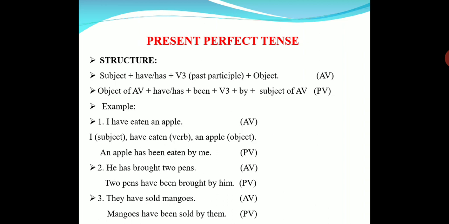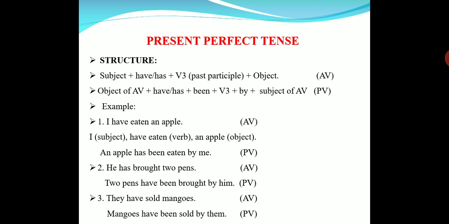I think you have understood how to change sentences in present tense from active voice to passive voice. In present tense, we have 4 subtenses: simple present, present continuous, present perfect, and present perfect continuous. For present perfect continuous, we don't have active voice, so 3 tenses here for active and passive voice. The first thing is we have to divide the sentence: subject, verb, main verb and object. The second one is object becomes subject.